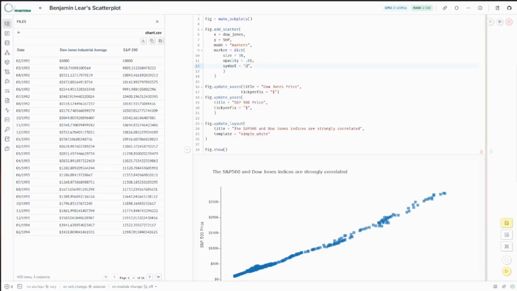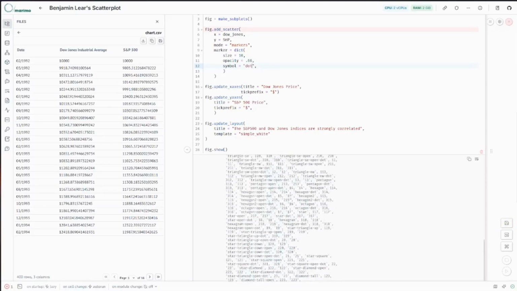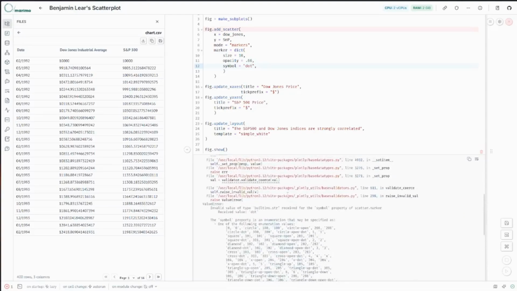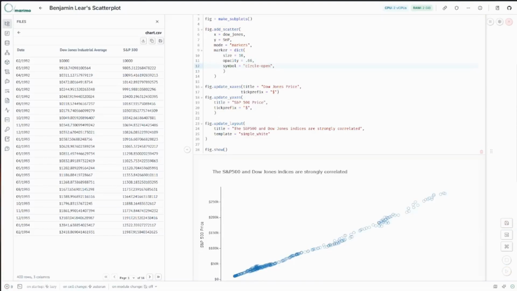Some standard things that you expect will be there. Square, maybe dot, no. All right, but guess what? When you make an error like this, it's going to give you all the different ideas for what you could actually use. And so you can see that we have circle, circle open, square, square open, diamond, all these sorts of things. So circle open, that's something we might consider. This is something that will give us a circle that has a line and is empty in the middle. And here we can again start to see more regions that overlap,